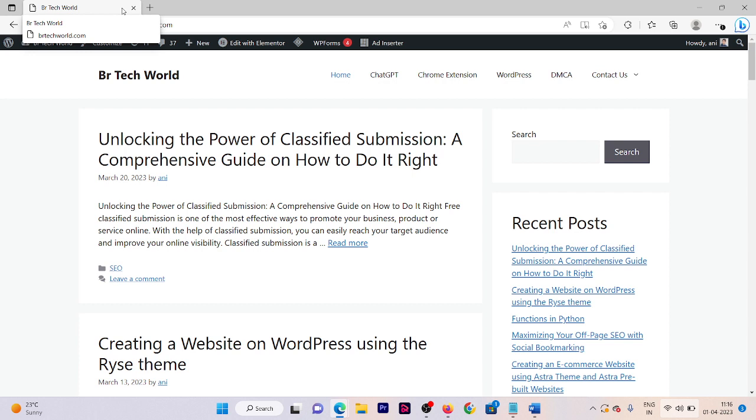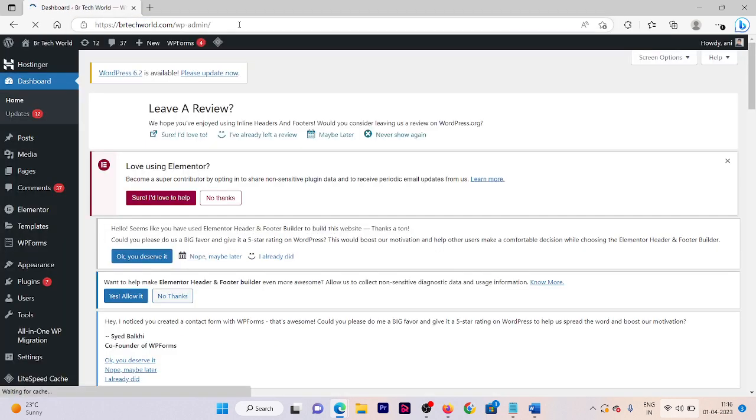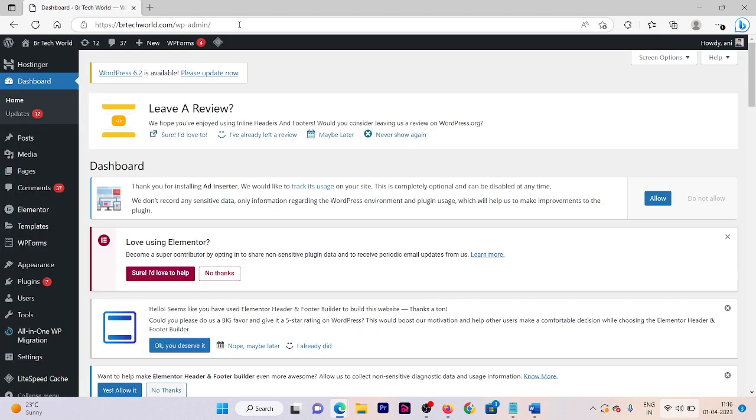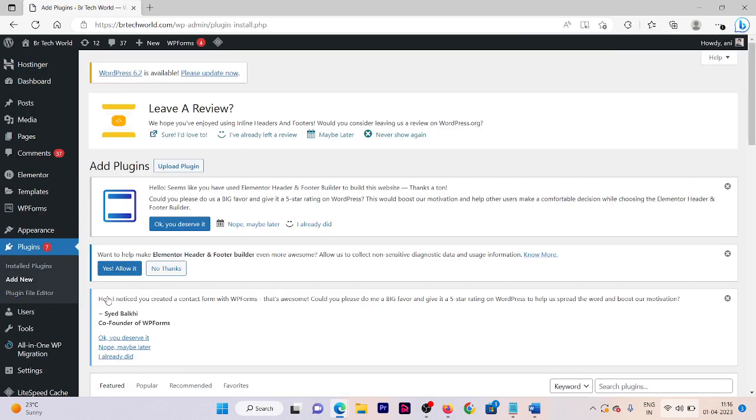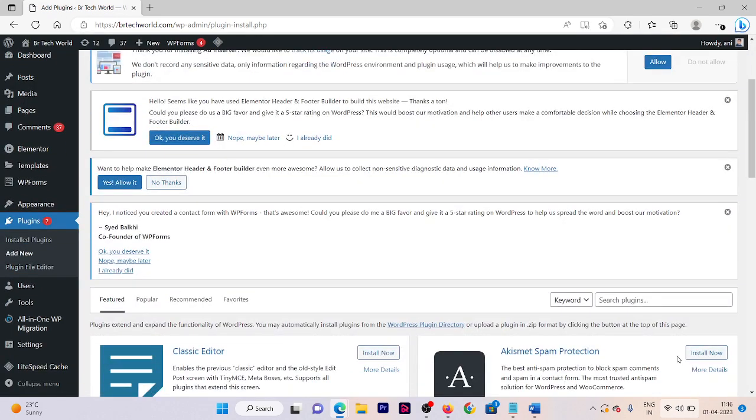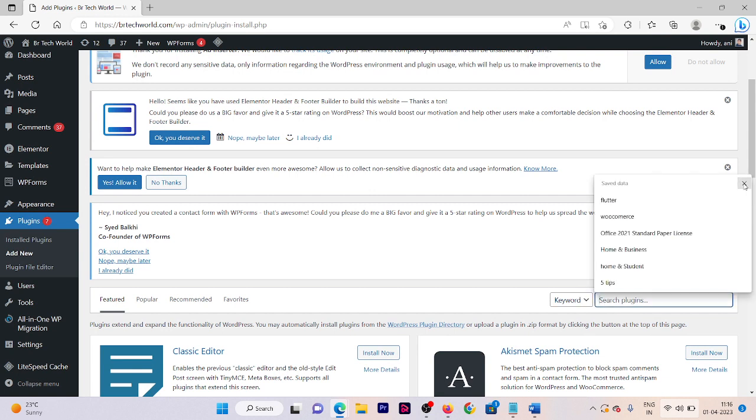Okay, so first we will see how we can create a timer using a plugin, and the plugin name is Countdown Timer Ultimate. Okay, so let's get started. First of all, you need to go on your dashboard, and then go to the plugins area in the side menu. Click on Add New, and then here go down, and in the search plugins area, click here and search for